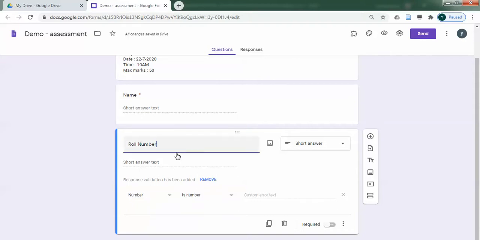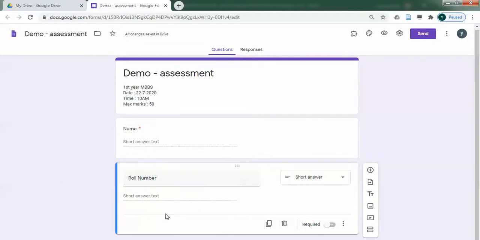So in this case I'll be a little careful, because our roll numbers there is no issue, it's just a numeral. Maybe if the university number, sometimes it may have an alphabet. So in that case it is better to remove this validation, so that student can enter their number without any problem. So let's say for example there is a university registration number like 17M1746. Because this M is there, in that case if you would have left that validation, the form will not accept, student won't be able to fill this. So better remove that validation, so that let it be a number or an alphabet, it will take.